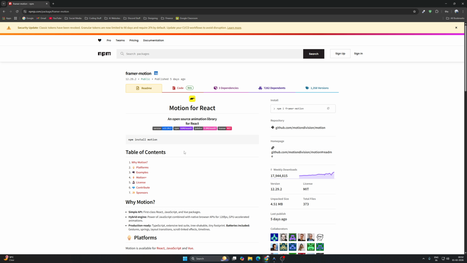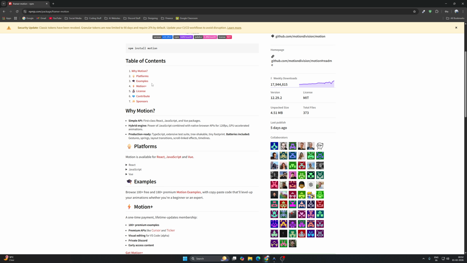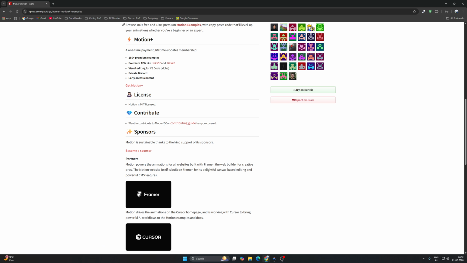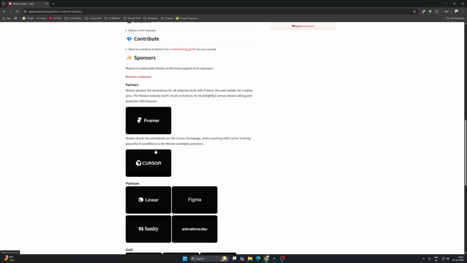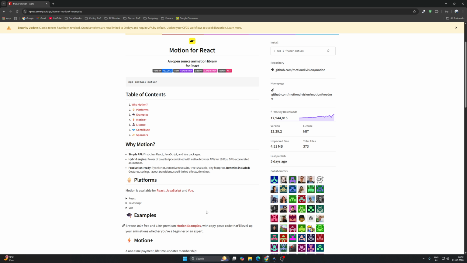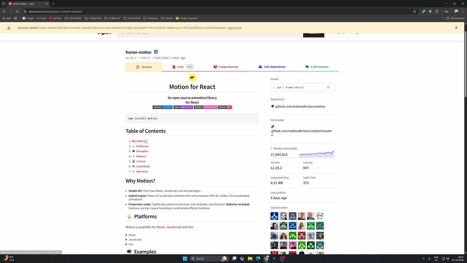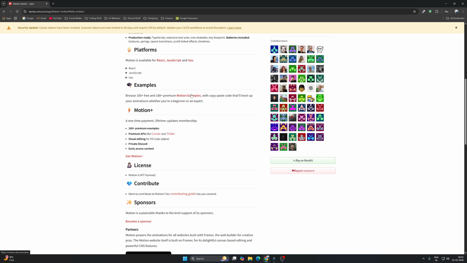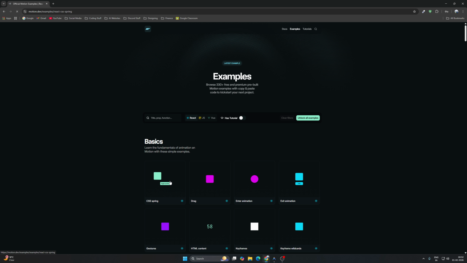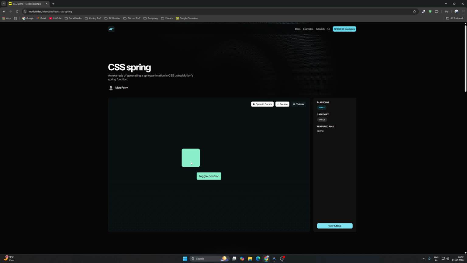Now we were seeing what Framer Motion is. It's basically motion for React. It helps us add animations. So if we go to examples, okay, it's not showing. Wait a minute. Why motion? Yeah, motion examples. So now you can see you can create a spring motion like this, I guess. Yes,